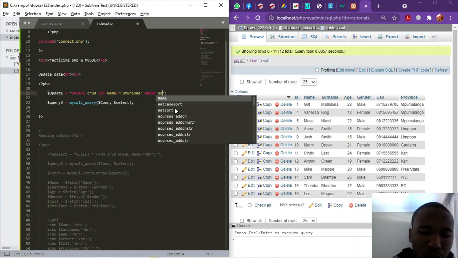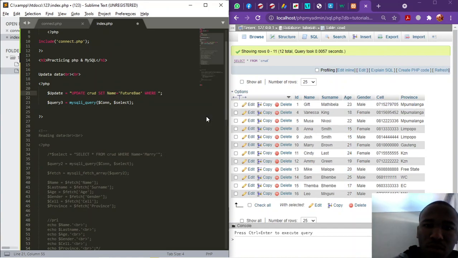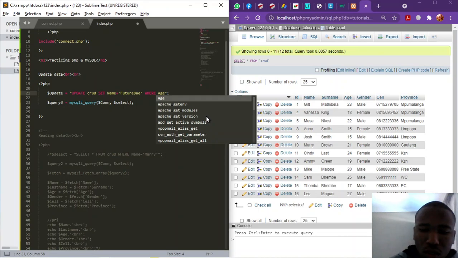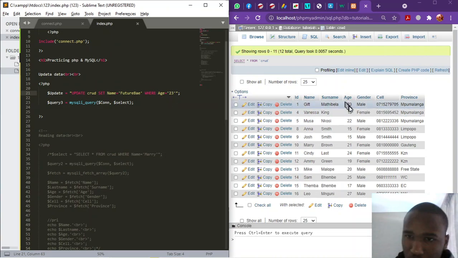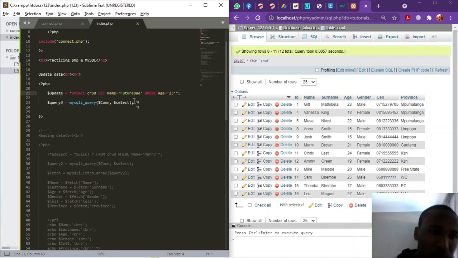So where name, or we could say where ID equals something. Since only this 23 is unique, where age equals 2023. But this is not a good practice, guys, because if 23 was not unique, it would change everyone's name. The good practice is to put a condition that specifies exactly who you mean. In this case, since only this 23 is unique, I'll say so.